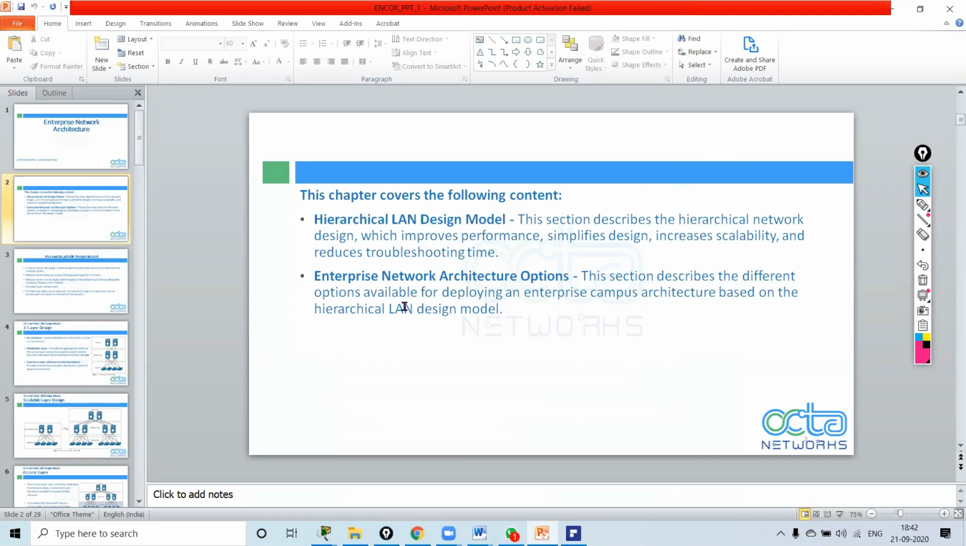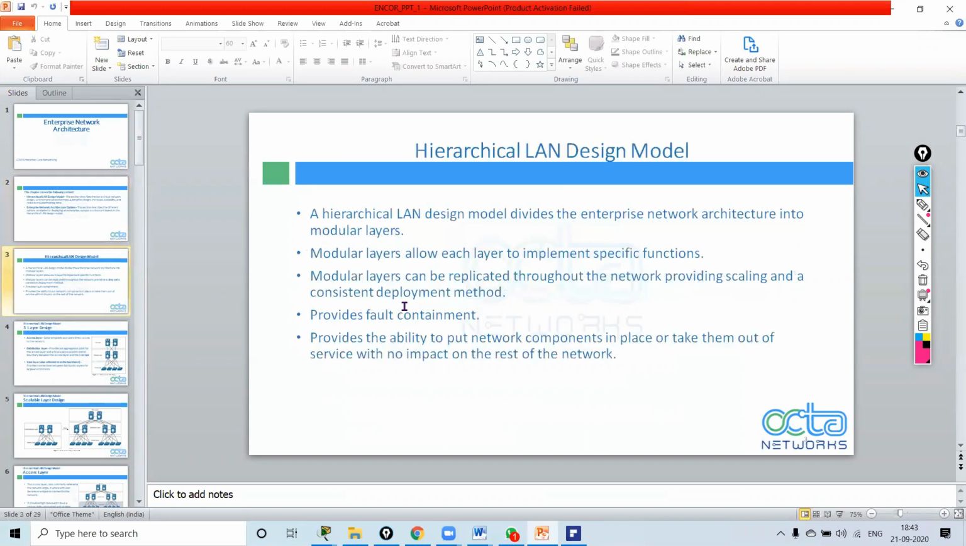So, the hierarchical LAN design model and enterprise network architecture options. What are the options available for my enterprise network? We'll start with the hierarchical LAN design model. As the name says, we will have a hierarchy for the models. So the hierarchical LAN design model